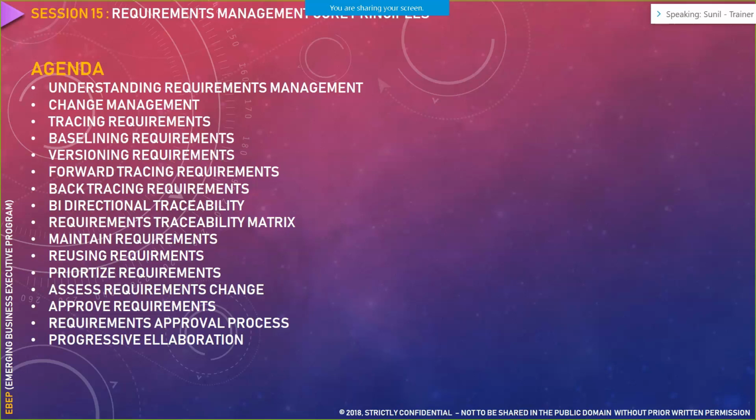Now, so far, whatever we have covered in our past sessions, we have focused on three areas: requirement elicitation and gathering, requirement analysis and design, and we covered the strategy analysis part in the very earlier sessions, wherein we understood how to write a business case, how to write your business requirement document, and what a request for proposal is. Those things come under strategy analysis. Today we are going to touch base upon requirements management. If you compare it with the BABOK perspective, it is also called the requirements lifecycle management knowledge area.